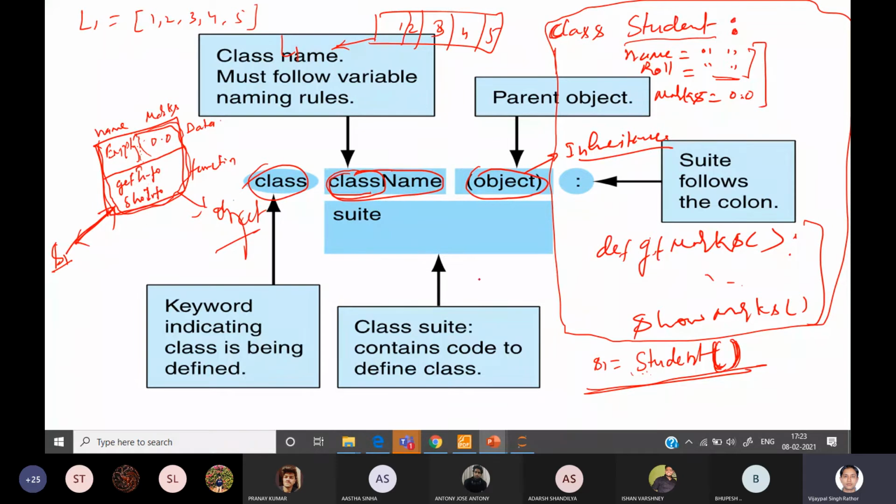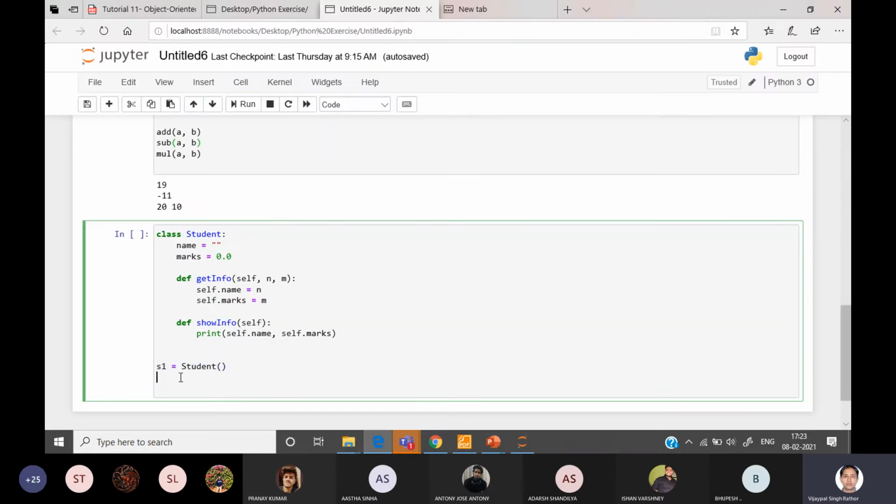Similarly, like when I store X equals 10, 10 is a memory block where 10 is stored, and X is just a reference to this block. Similarly, whatever value we are storing, that memory block is called the object, and S1 is a reference. Here S1 is generally called an instance. Similar kinds of different instances we can create in the program. You can see here we have created this instance.